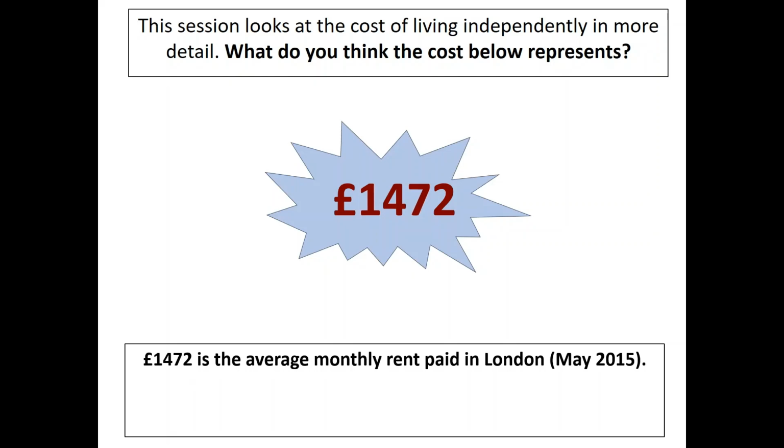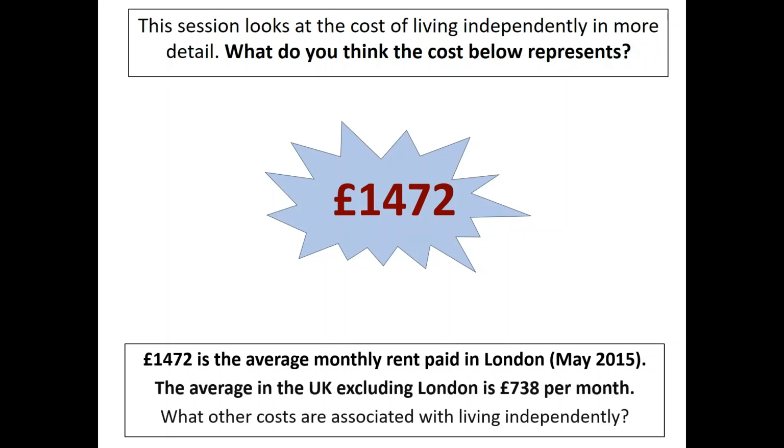That is how much people have to pay in rent in London. Outside of London, it's a bit lower. The average in the UK is £738 a month, which is still a lot of money, but a lot lower than in London. And now what I want you to think about is what other costs are associated with